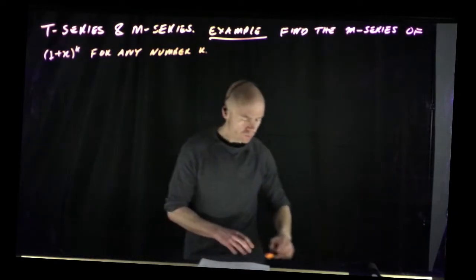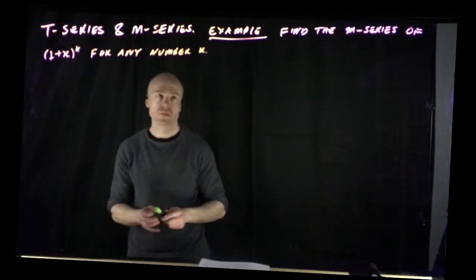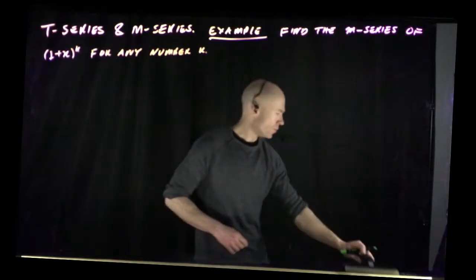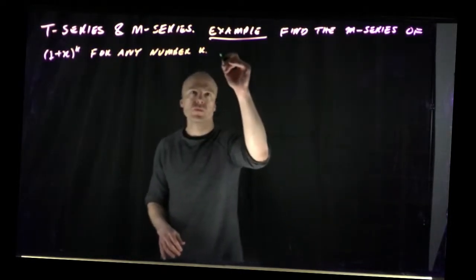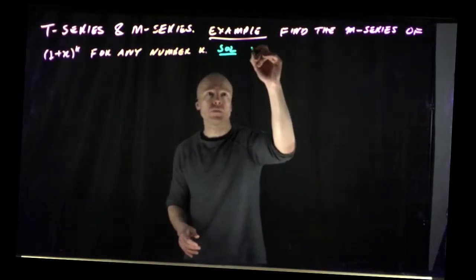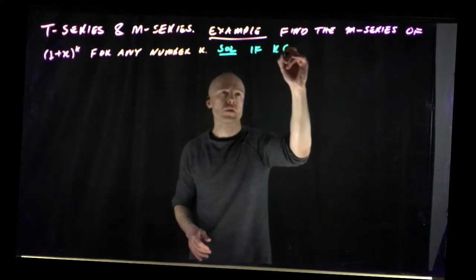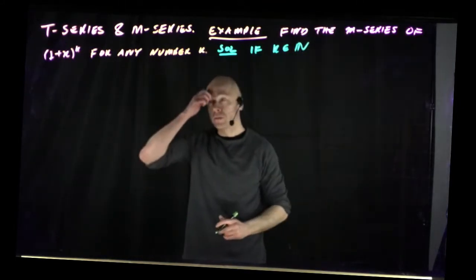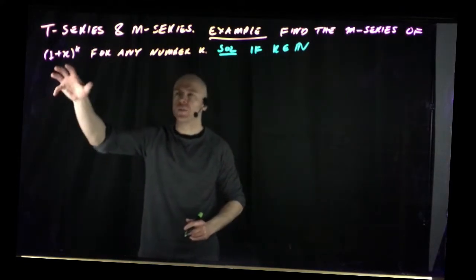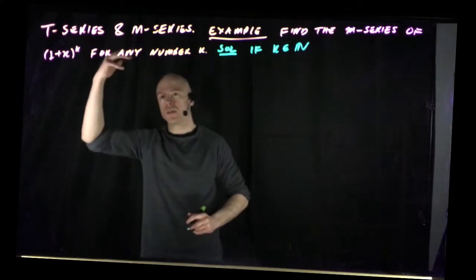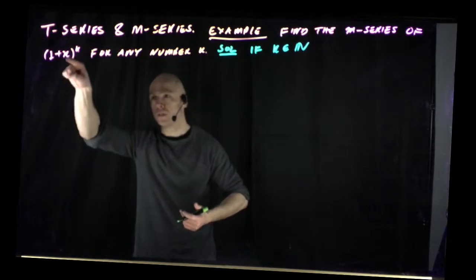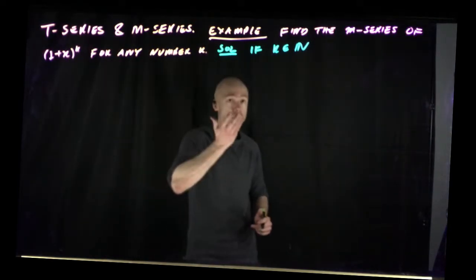Okay, so, solution. If k was an integer, then this would be rather easy because we would just use algebra to expand this out, right? And once we expand it out, there would be a polynomial in terms of x, and that thing would be the Maclaurin series of this function, right? So when k is an integer,